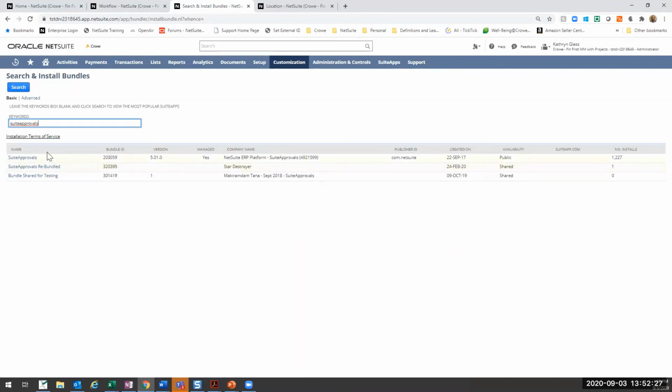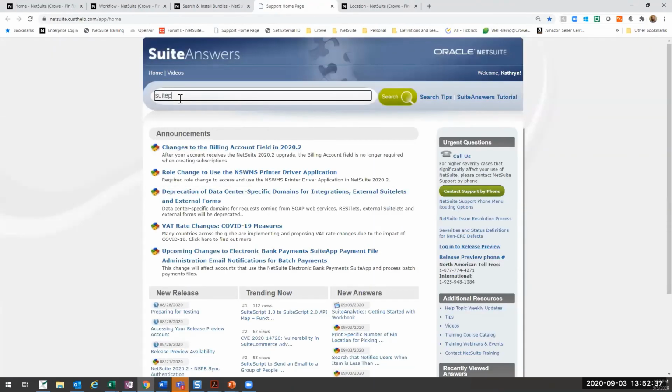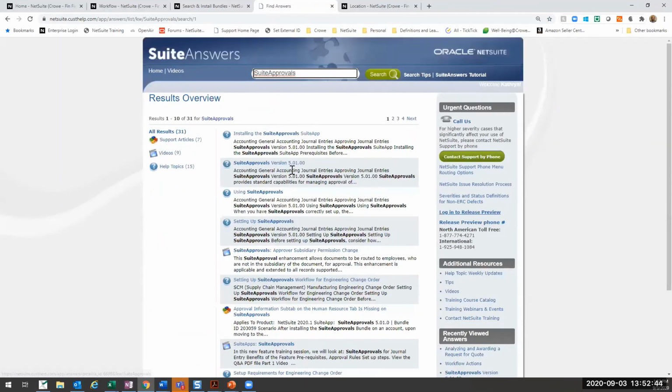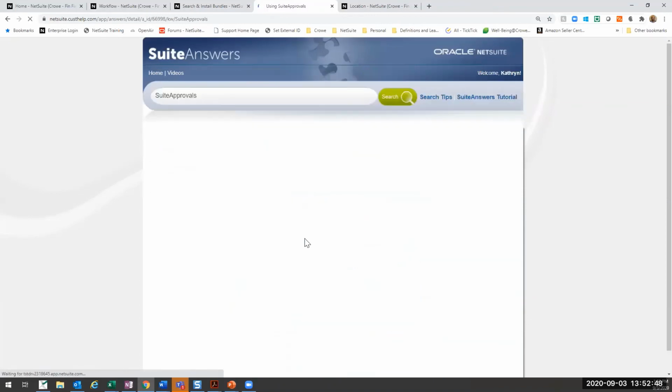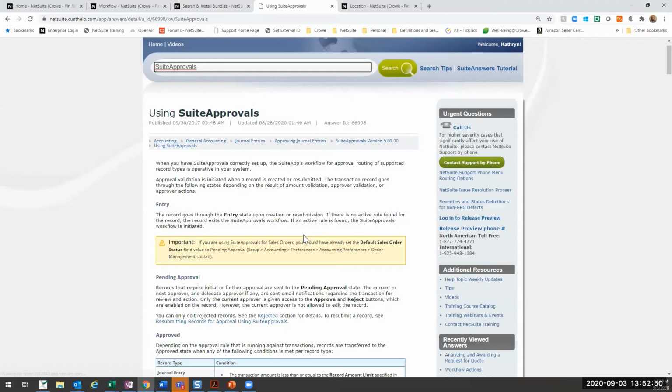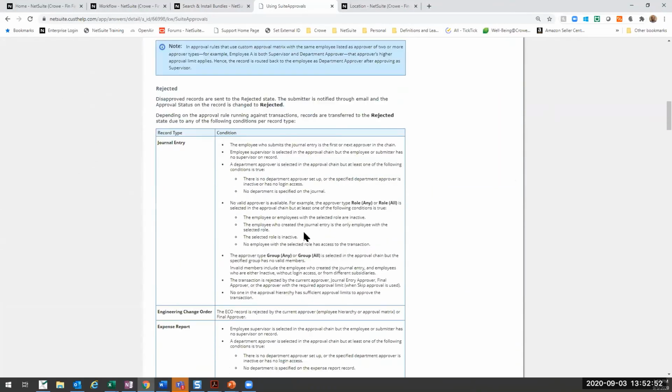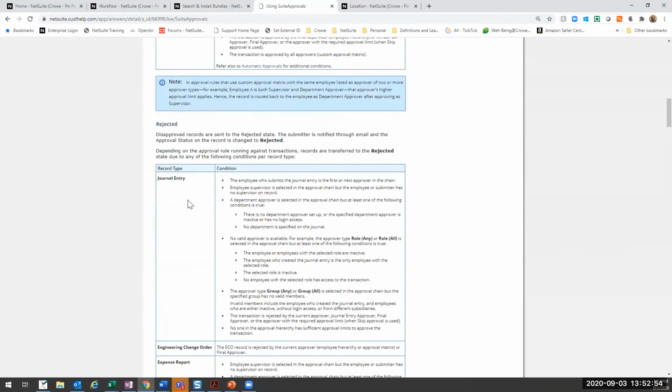It's sort of a suite to create approvals, and if you go to Suite Answers and search Suite Approvals, you'll have a lot of information about Suite Approvals there that you can use to install the app and use it. So for example, using Suite Approvals, you can see that it's a standard, it has a lot of information on what you can do, and it has, besides the specific